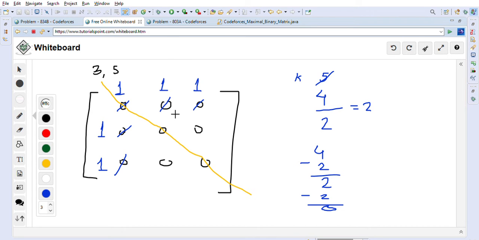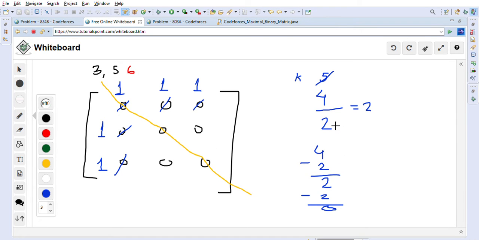So this is the approach we are going to take to solve this problem. We will go one by one location. We will start with this diagonal and try to expand and make it the maximal matrix. What happens if k is equal to 6 instead of 5? Then we will be left with one 1, because now we used 5 ones, as you can see, 1 2 3 4 5. Now one more 1 is left.